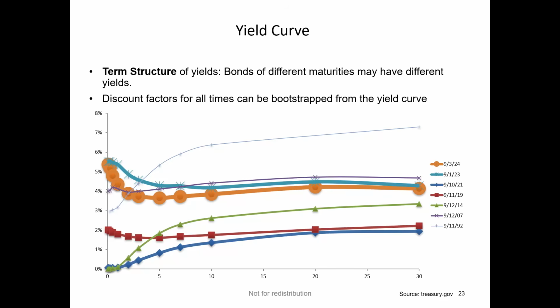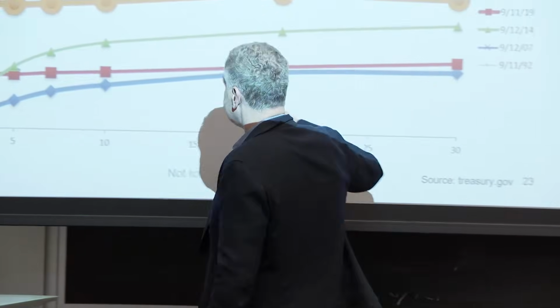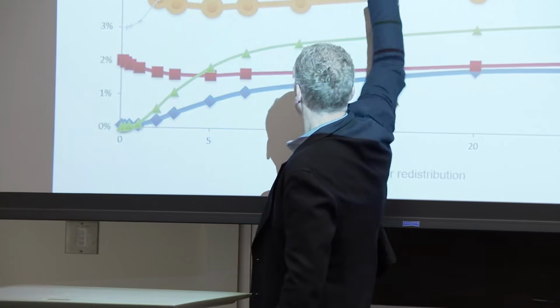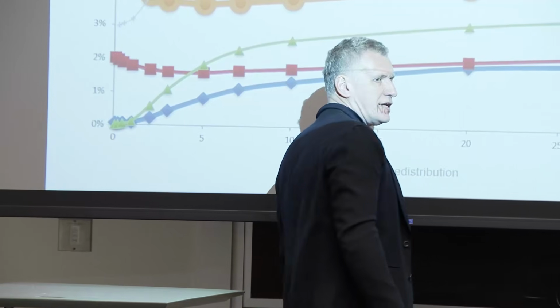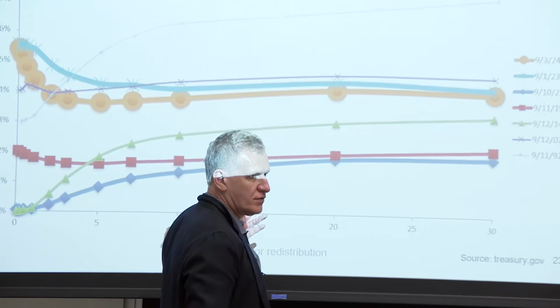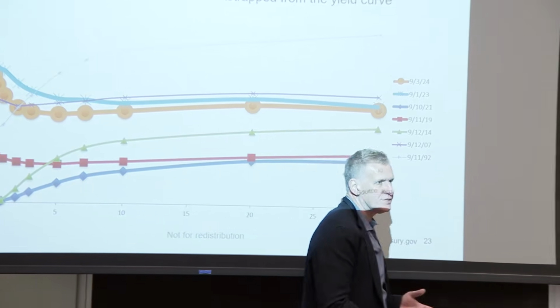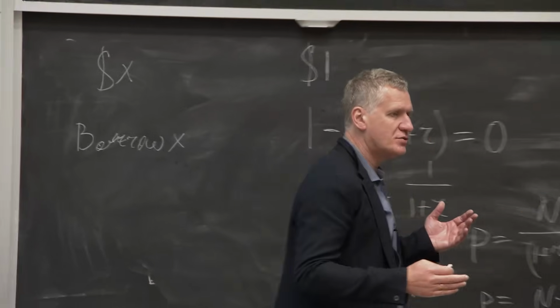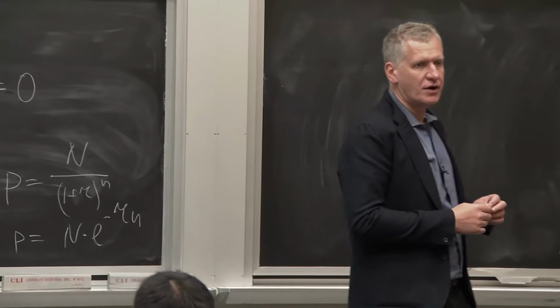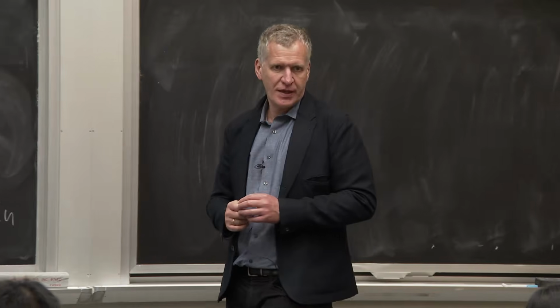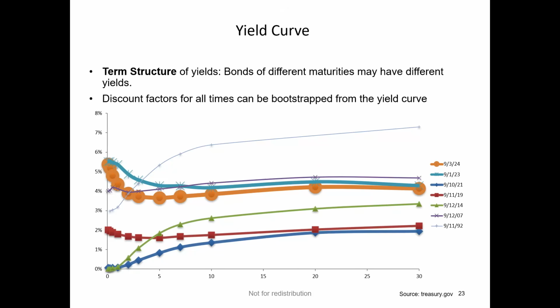So quite different, and yields here for very short-dated securities are quite a bit higher than for long-dated securities. This is still quite atypical. For example, in '92, around the same September time, the yield curve looked like this. Considered to be more or less a classical curve. Generally speaking, we expect upward sloping curves because people would like to receive more yield for longer term investments, right? And that's what was the case in